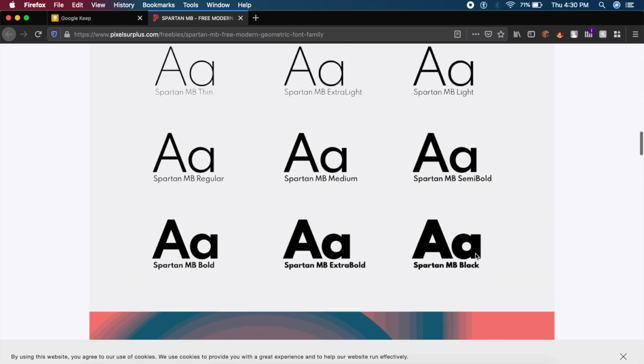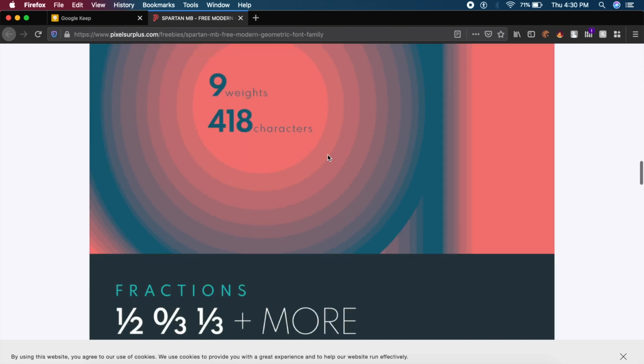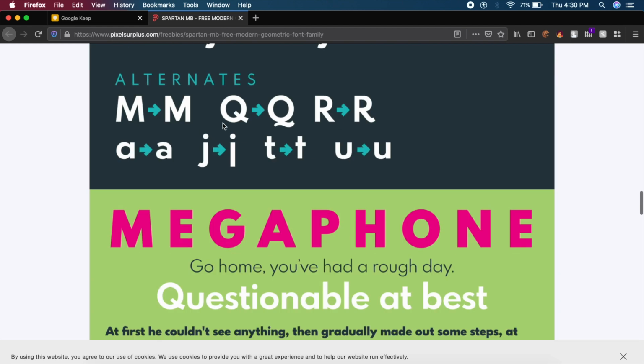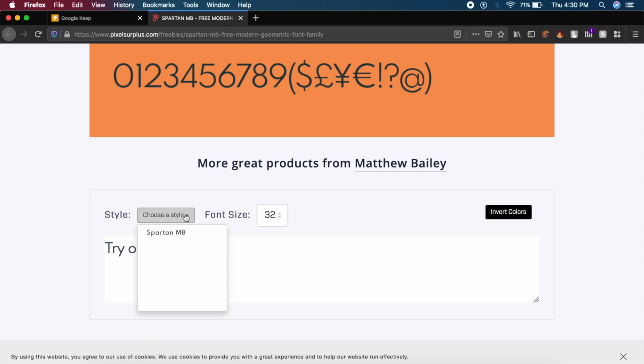There are various thicknesses for different purposes, and they themselves have tried to make the entire presentation here very, very minimal. And you can always choose a style on your own. So for example, I want semi-bold and I can write my name here. So I'll write Puneet Chawla.